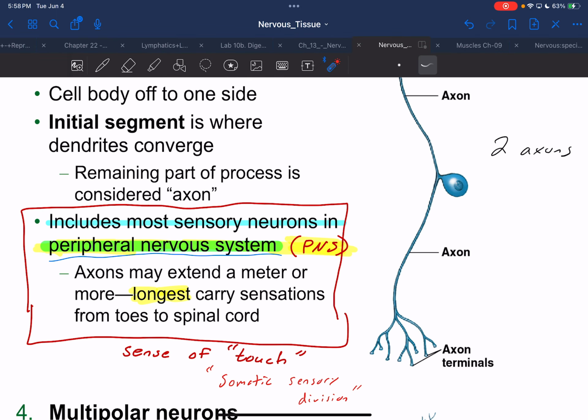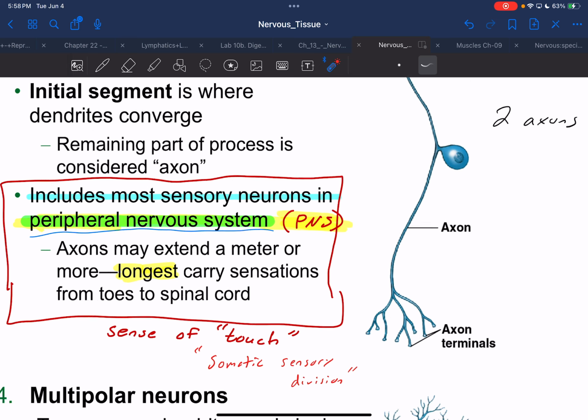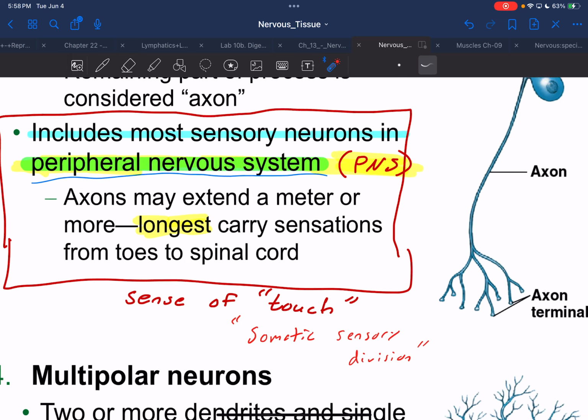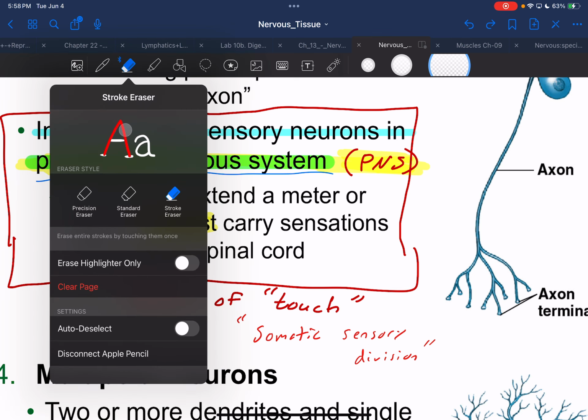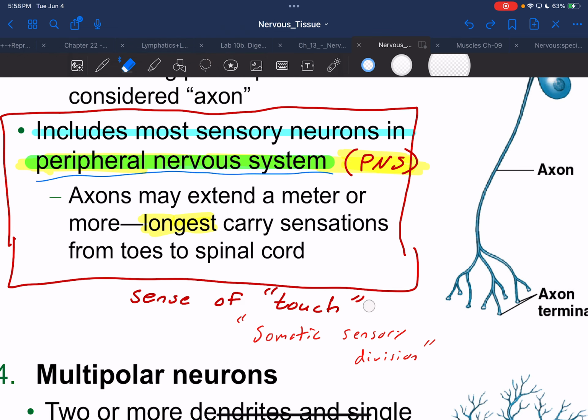And the only thing I want you to know about this is that it's going to be mainly for your sense of touch, but again, senses. What are the other senses of touch? I'm going to expand on this a little bit. Exactly right. So it technically only exists for those: touch, pressure,